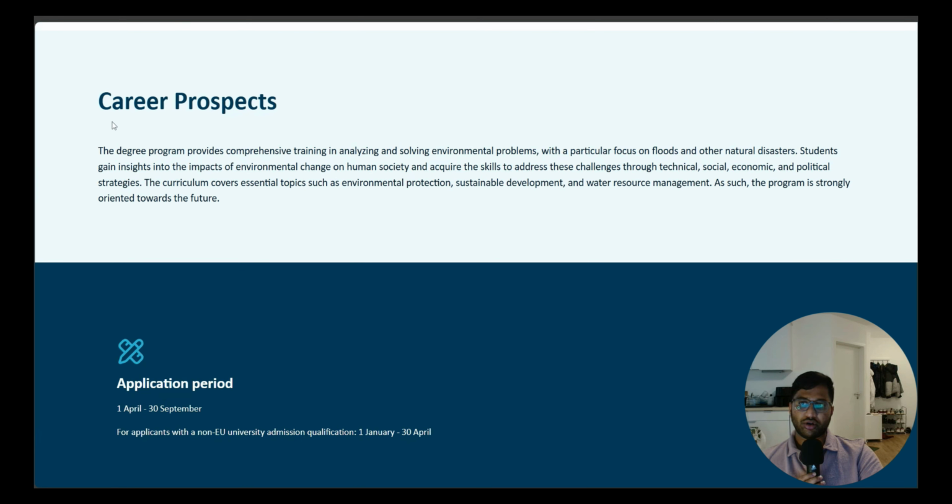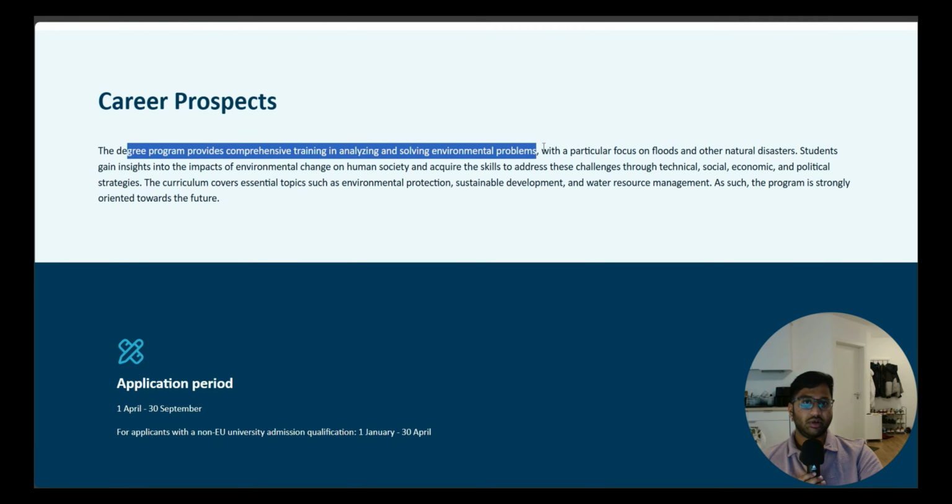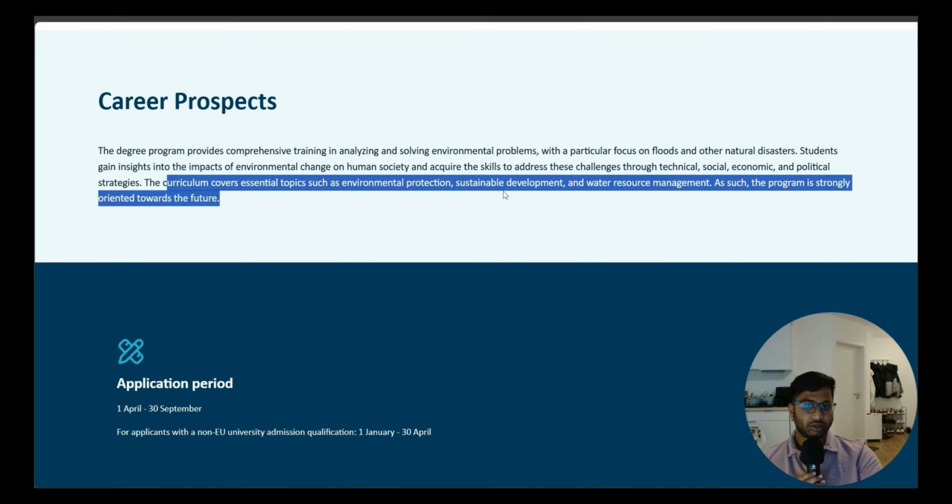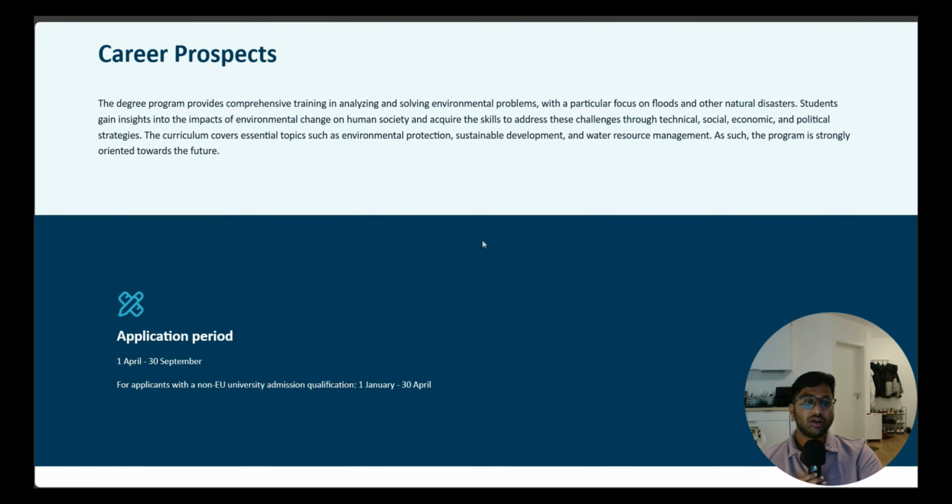Career perspective: we already know the degree program provides comprehensive training in analyzing and solving environmental problems. You will also see that the curriculum covers essential topics such as environmental protection, sustainable development and resource management, which will be used in many